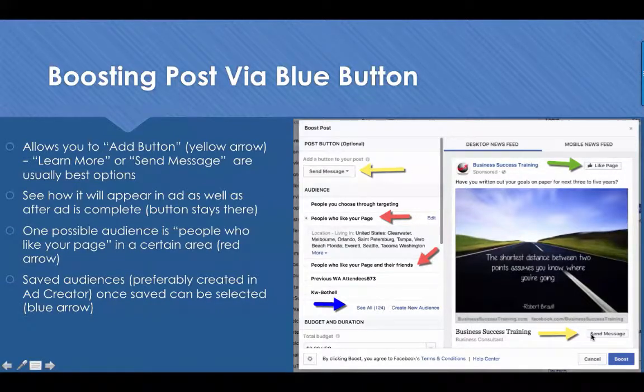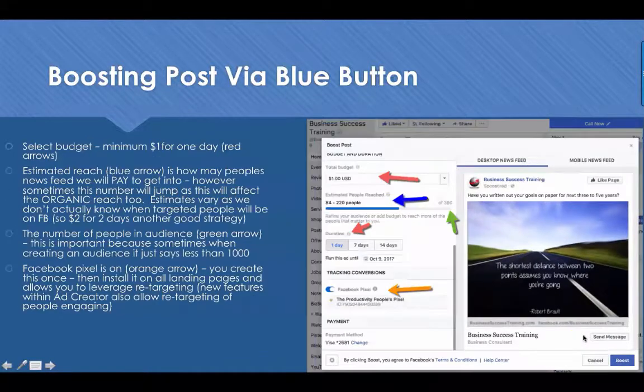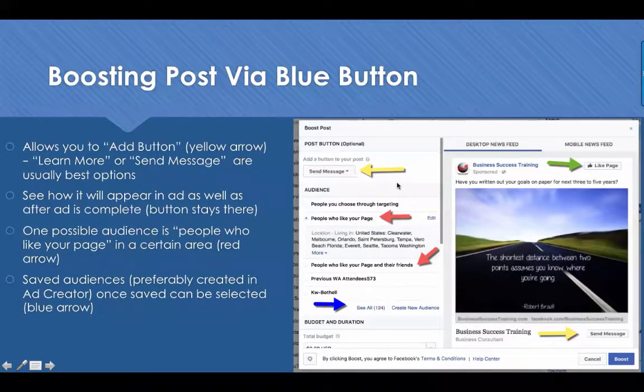But if you include send message, then you're making it real easy for them to message you and say, hey, loved your post on the shortest distance between 2 points. I have a question about going to one of your seminars, and all of a sudden a conversation started. And as I said, I would rather them use this than even use an opt-in form, and it's easier to get them to do that. And how am I going to get that button there? I'm going to go ahead and boost the post for $1, and then even when my boost is done after a day for $1, that button is still going to show up in the post if they find it.